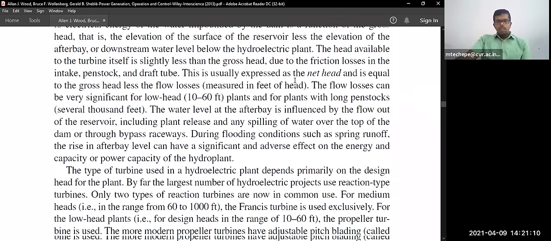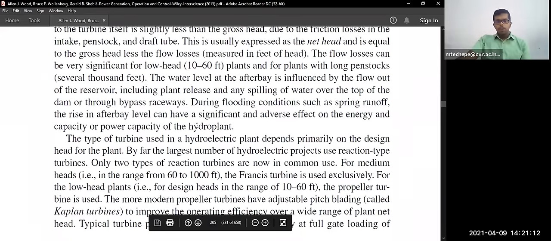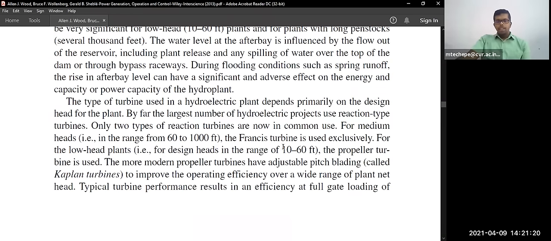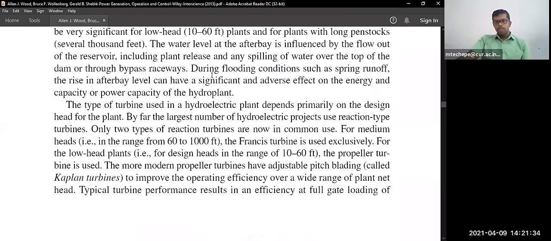So that is what is being explained once you study this. So what turbines are used? Francis turbine, Kaplan turbines. Up to what feet, what ranges? Low range means the Francis turbine. Then high range, that is 60 feet. And if you see, most parts of southern India have low head